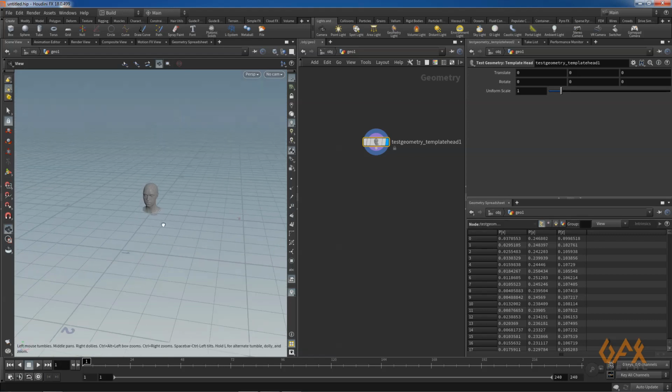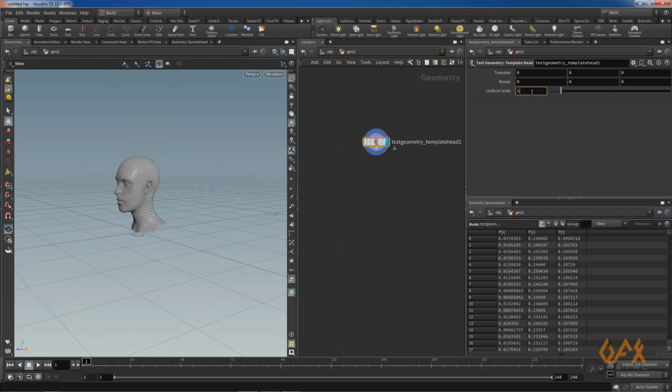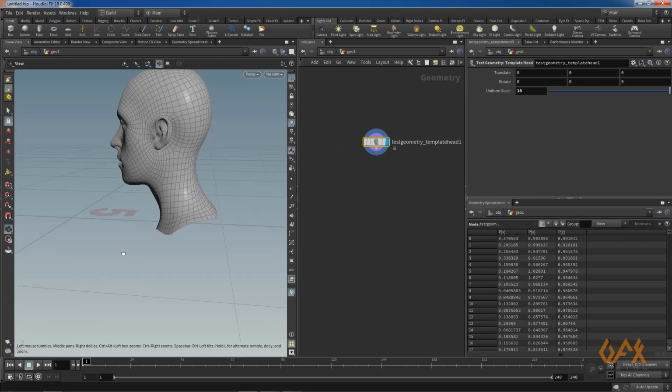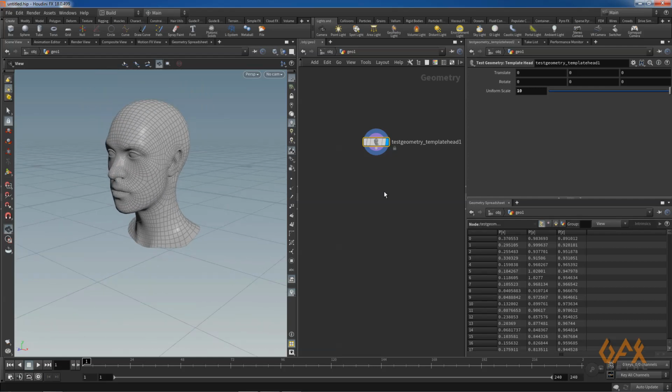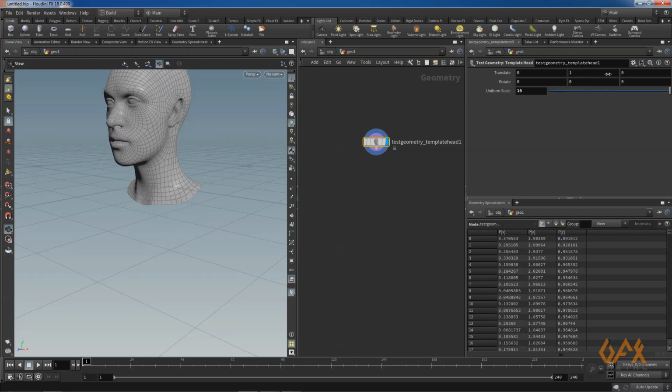Okay, and it's very small in scale, so I just increase the size by 10. Okay, now I move it a little bit up, like this.